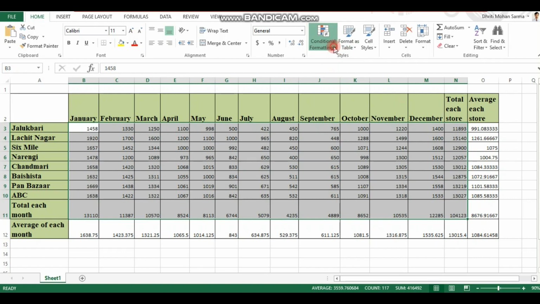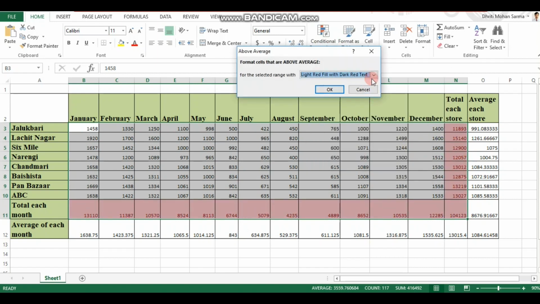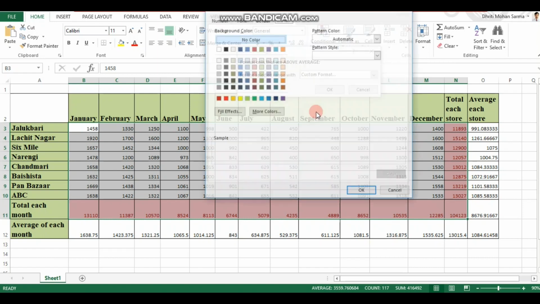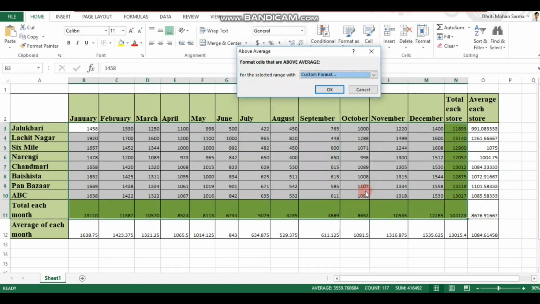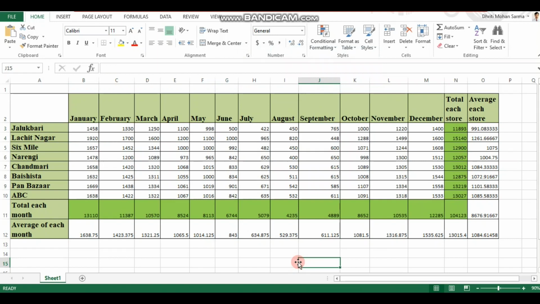Conditional formatting, top bottom, again let's go for average. Okay, let's give it simple here. Now you can see only the totals are marked as above average and everything below is below the average.